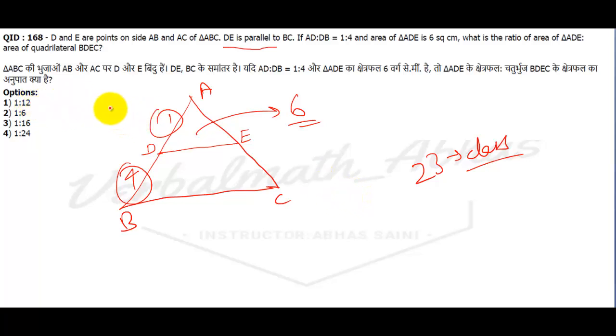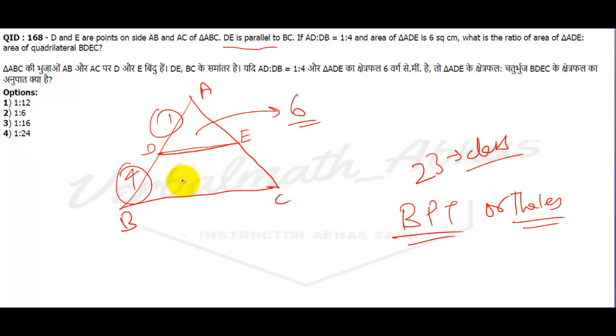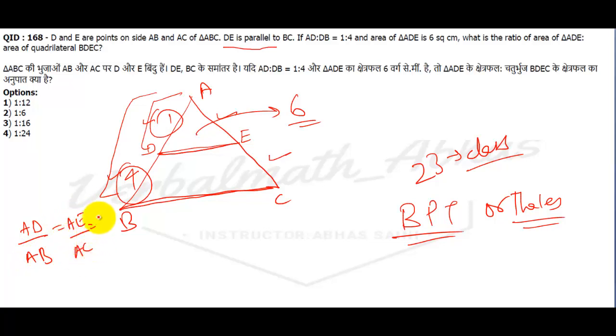Now in the given question, BPT, or Thales theorem, will apply, which tells you that if DE is parallel to BC, then AD upon DB equals AE upon EC, or I can say AD upon AB equals AE upon AC equals DE upon BC. So this is your 1 and AD is 1. If AD is 1, DB is 4, so AB will be 5. So if I write DE as 1,